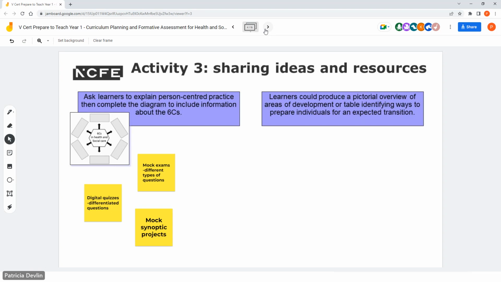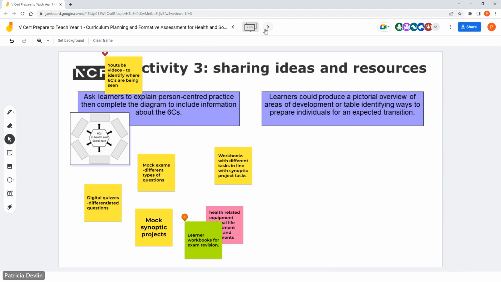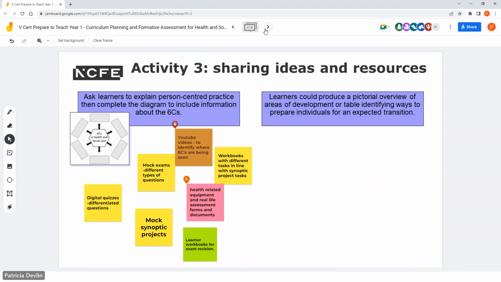So any ideas and resources that you could use or you have already. Workbooks with different tasks in line with Synoptic projects tasks, health-related equipment and real-life assessment forms and documents, learner workbooks and exam revision, YouTube videos, identifying where 6Cs have been seen,